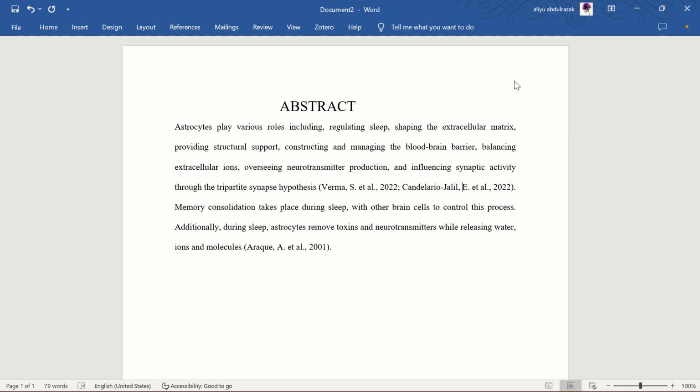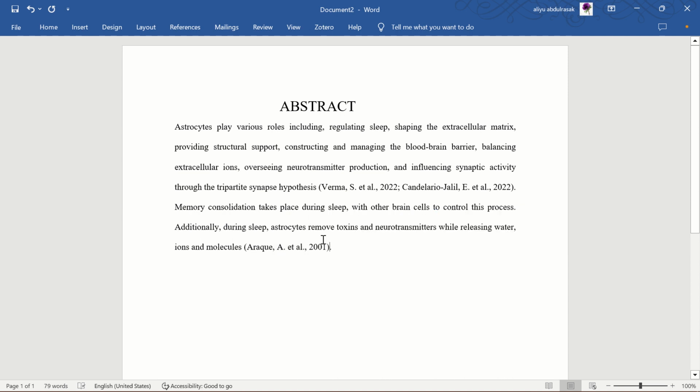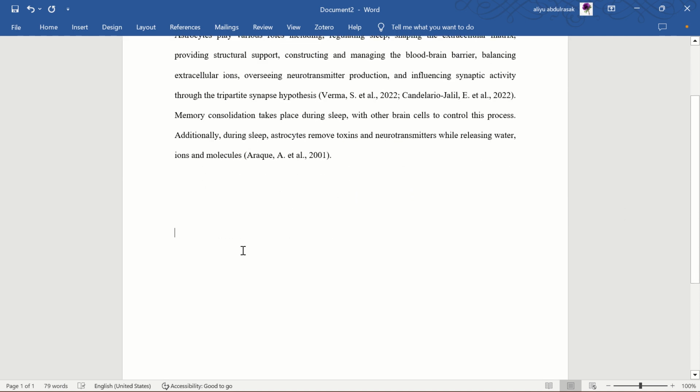So in making references and citing articles, what is common among we students is to go to the article we want to cite or make reference to. Then we copy the author's name just like this. Then we include the title and the year of the article, just as it is written here. Then, to make the bibliography, we write,